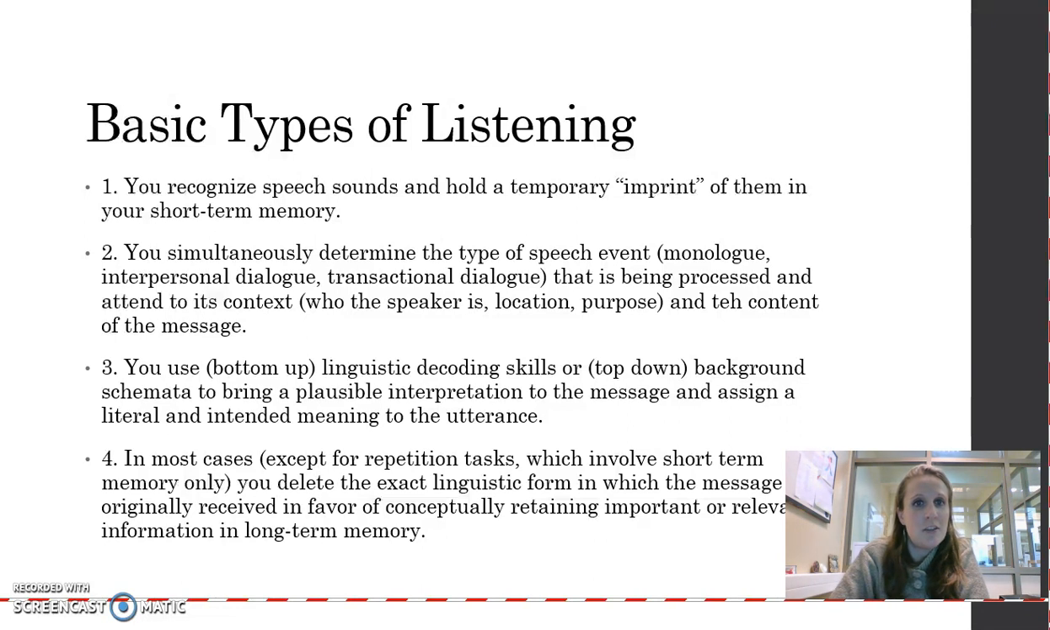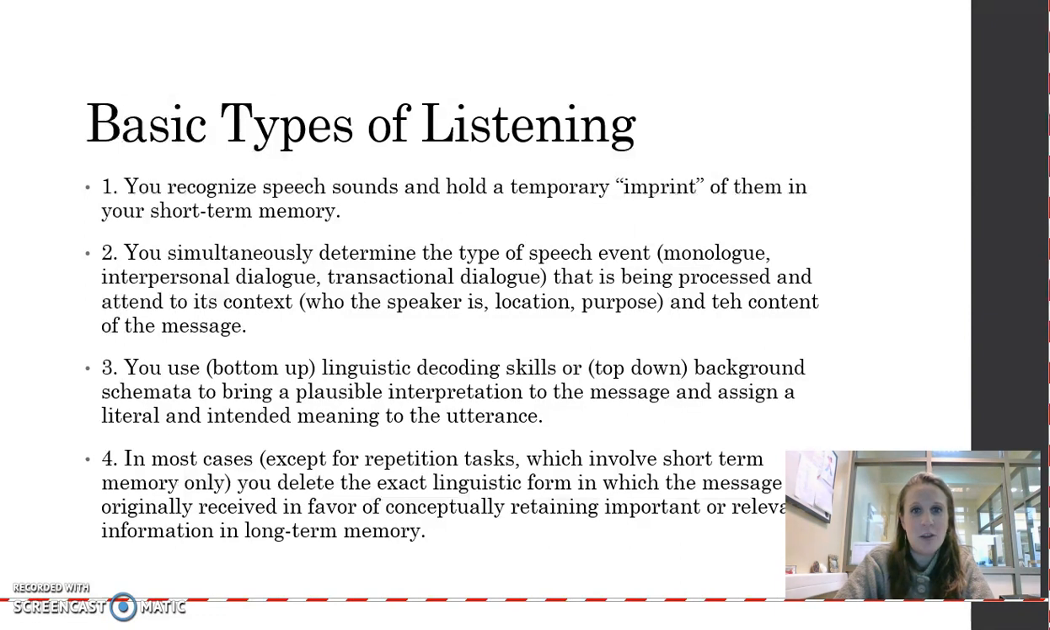Another type of listening, we can use bottom-up or linguistic decoding skills, or top-down. You've seen this before in Practica, and to bring a plausible interpretation to a message and assign a literal and intended meaning to the utterance. So here we're dealing with sounds and how those sounds are associated with words, and those words with sentences, and this creates meaning. And the last type, in most cases, except for repetition tasks, which involve short-term memory only,